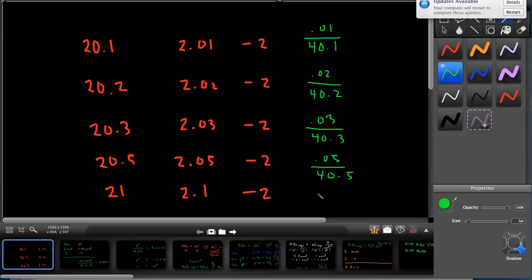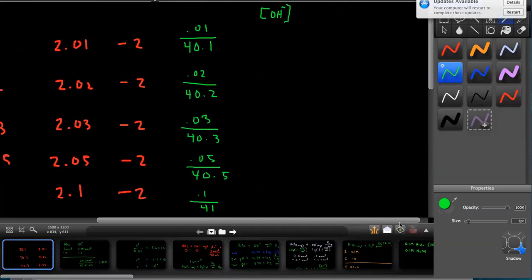I have 0.1 divided by 41. Now my concentration of OH minus and my pOH, and then of course the pH of the solution. So taking these one at a time,